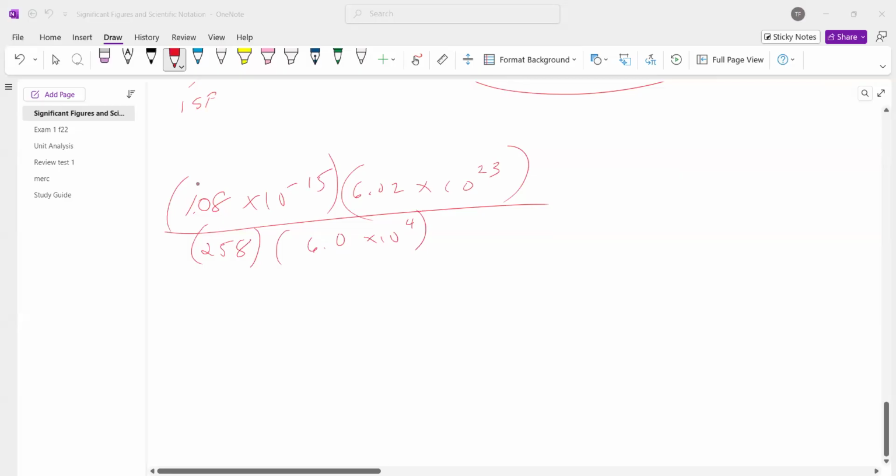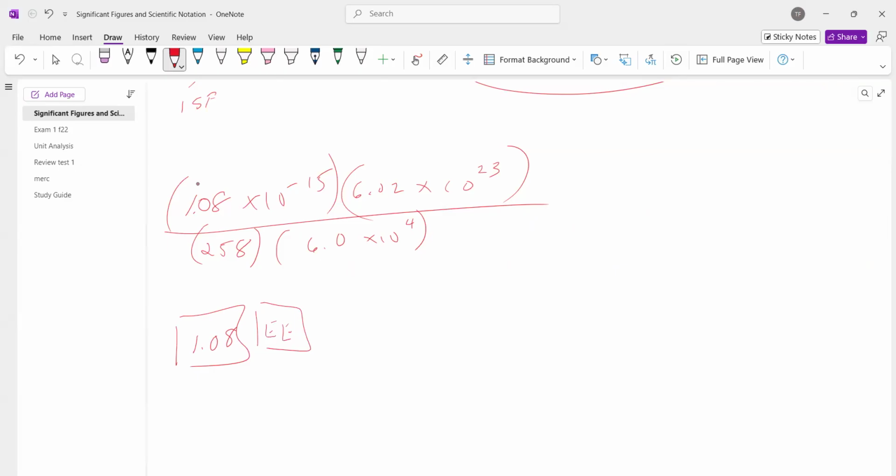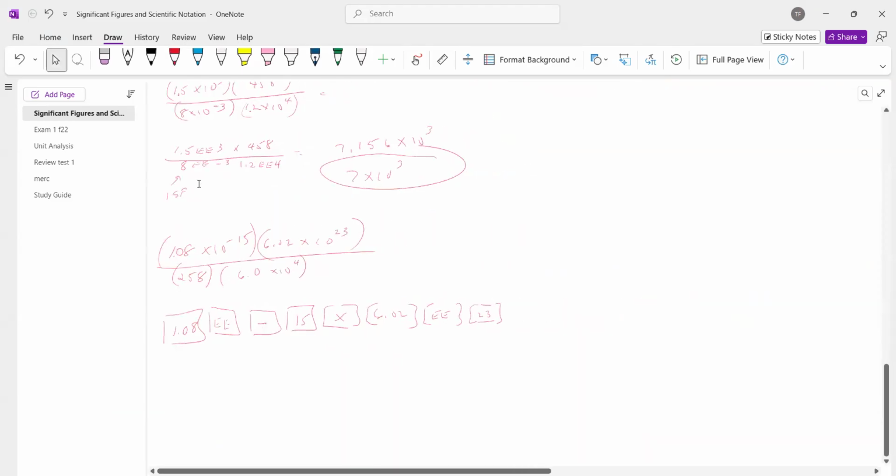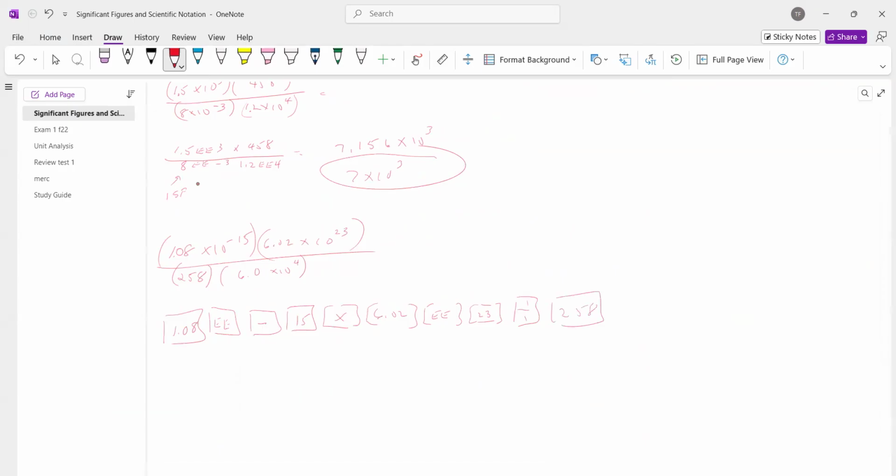So you key that in: 1.08, EE, change sign, 15, times, 6.02, EE, 23, divided by 258, divided by